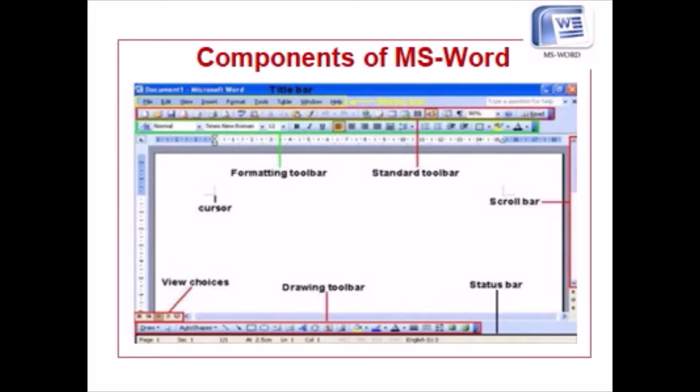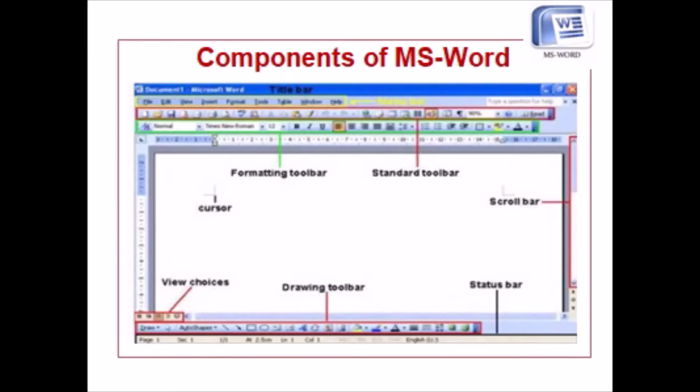If you look from the top, there are standard toolbars, where the toolbars are very specific. And to format, the formatting toolbars will be there, like bold, italic, underline characters. Likewise, the font size can be adjusted by using the formatting toolbars.